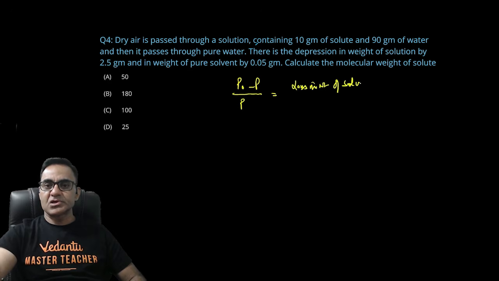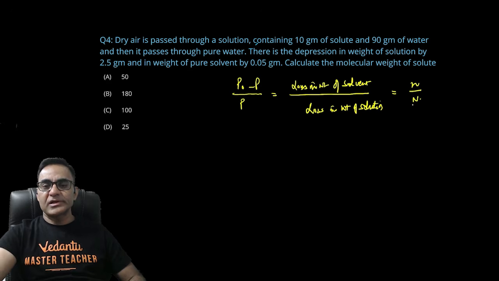solution, सॉरी, अपॉन लॉस इन वेट ऑफ सॉल्वेंट। ये कंसेप्ट होता है, और दिस इज इक्वल टू स्मॉल n अपॉन कैपिटल N एज पर राउल्स लॉ। ठीक है, बस लॉस इन वेट ऑफ सॉल्वेंट आपको दिया हुआ है कितना 2.5 ग्राम, प्योर सॉल्वेंट में 0.05, सॉल्यूशन में 2.5 है, एंड स्मॉल n कैन बी रिटन एज स्मॉल w अपॉन स्मॉल m, कैपिटल W अपॉन कैपिटल M। स्मॉल w 10 ग्राम दिया हुआ है, कैपिटल M